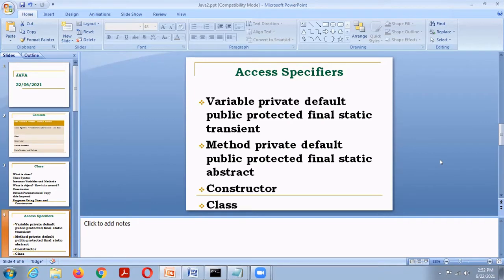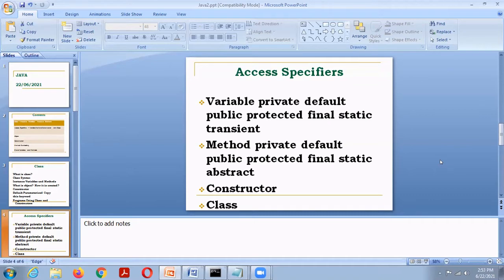Instance members can be accessed using an object only, object dot instance member. But a static member can be accessed using the class name. Without creating an object, we can invoke a static variable or static method, using class name dot variable or class name dot method.